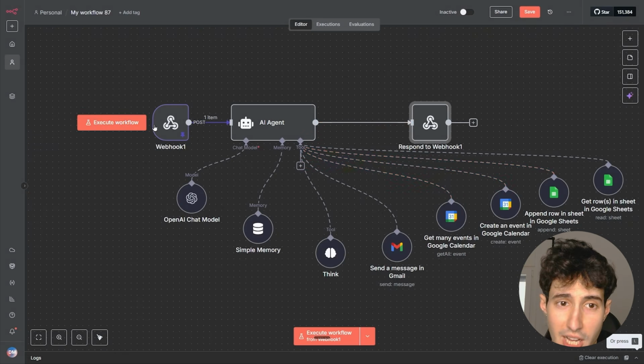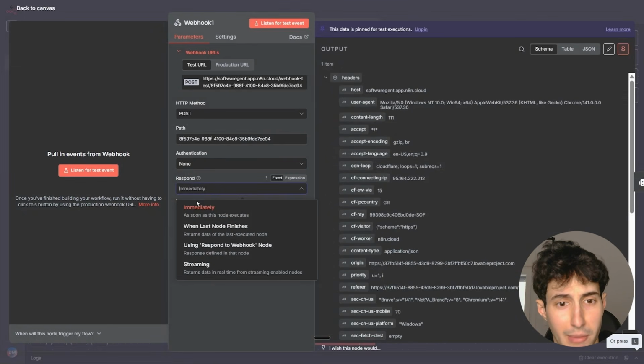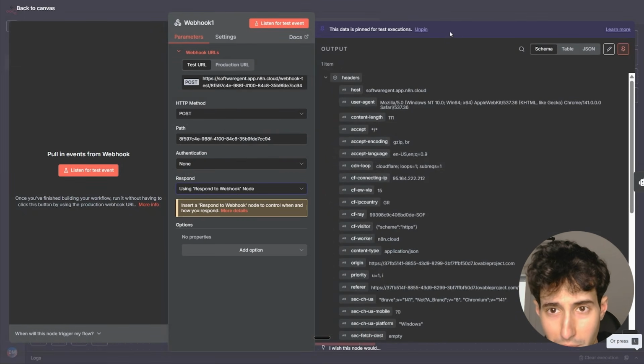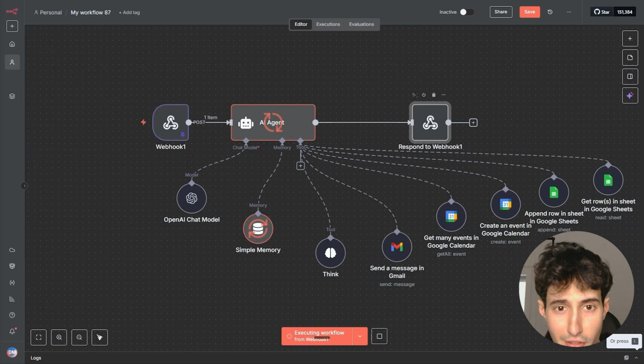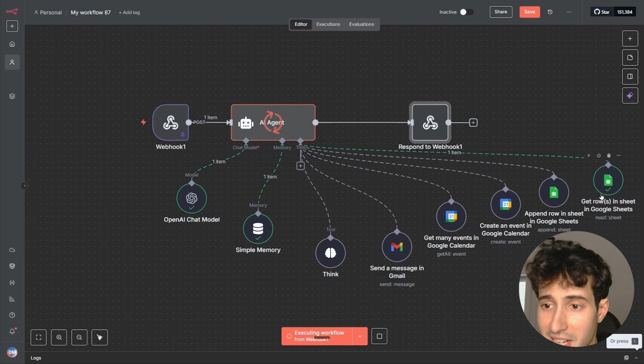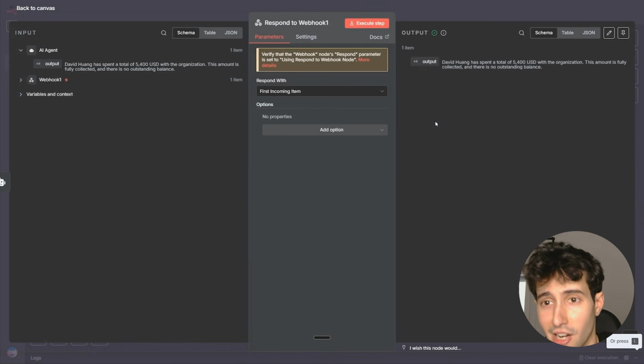So now that we use that, and we also come back over here in our webhook and change the respond parameter from immediately to using a respond to webhook node, we can actually execute this full workflow and get the response back in our Lovable interface. If I come over here and execute this, you can see that it is getting rows from inside the Google Sheet, because we asked it how much money a specific one of our clients has spent with us. As you can see, it already finished, and it sent this response back in our Lovable interface,